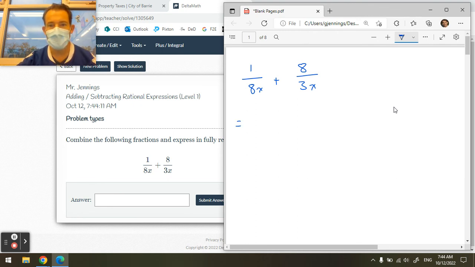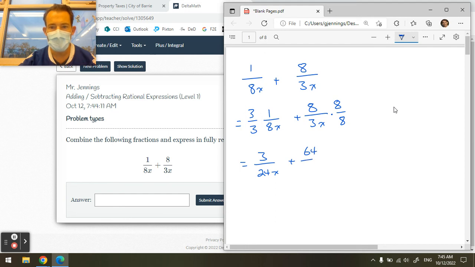It's going to equal 3 over 3 multiplied by 1 over 8x. That's going to create 24x on the bottom, plus 8 over 3x multiplied by 8 over 8. And then the next line will be 3 over 24x plus 64 over 24x. All right, so we're going to have